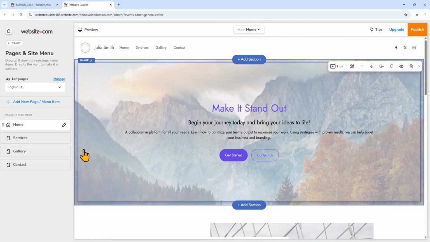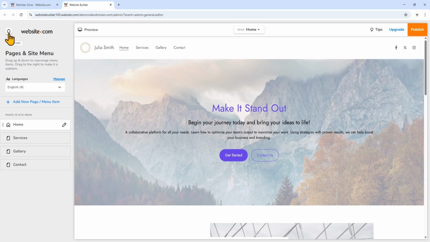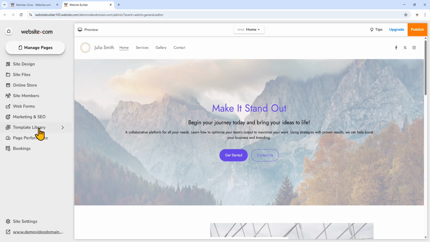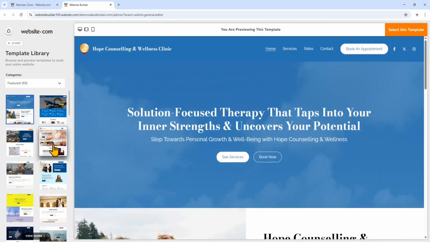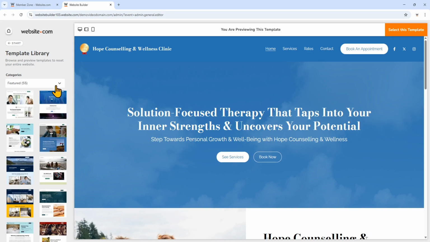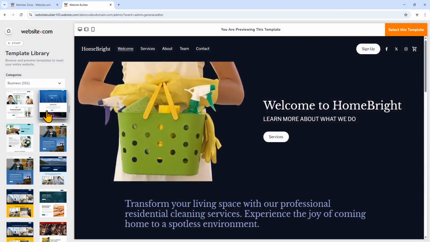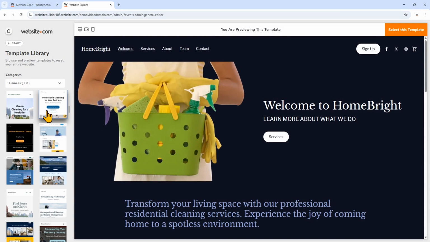So here is the template that I've started with, and the features and the pages with this template are supported by my Domain Essentials plan. If we want to see other templates, just click on the home page. You'll see the options here and open the template library. And you can search through all the different templates that are here. There are so many to choose from. If you want to choose another template before you start customizing your site, you can do that right here. But you will need to ensure that the Essentials website builder supports the features or the number of pages that come with that template. I'm happy with the template that I've started out with, and it's fully customizable anyway, so I won't switch to another template.